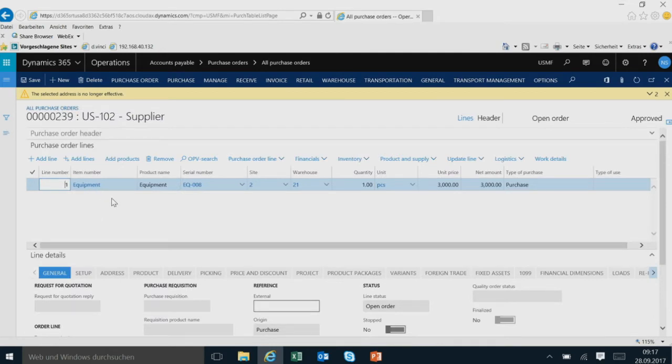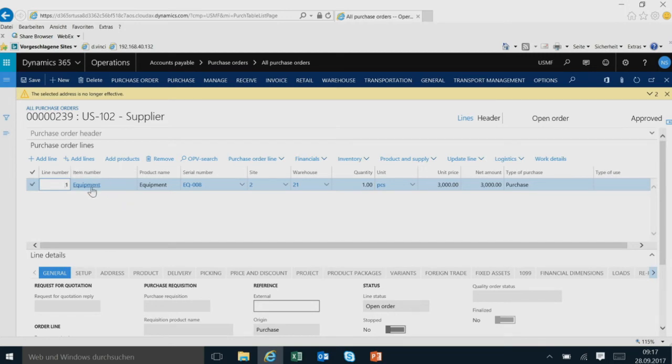So this is a prepared purchase order. In this scenario, we want to purchase this new equipment to bring it into our on-hand inventory. But what I will show you works the same in the manufacturing module, in the production module, or with a standard on-hand inventory to fixed asset journal.